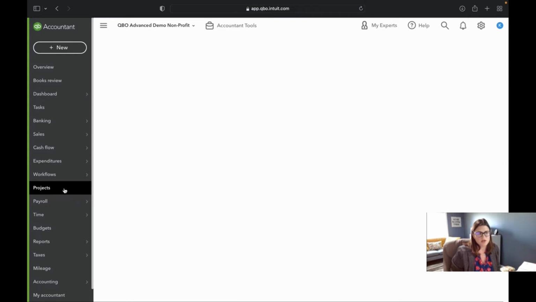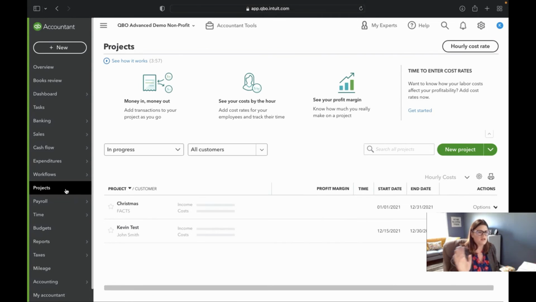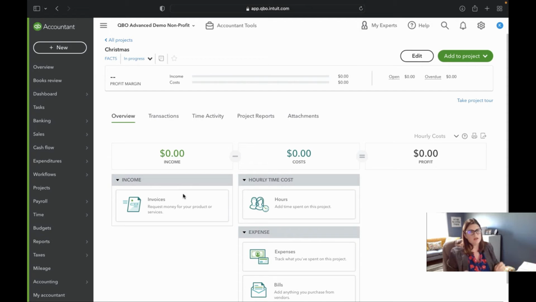Okay, projects, which we talked about, you can leave this off so it doesn't show up. You can also turn it on. Projects are really cool. One of the things to remember about projects, whether it's nonprofit or for-profit or whatever, is that in desktop, you use items to link things to your job costing reports. In QuickBooks Online, you use accounts. And we do sometimes have people that look at the project reporting and they go, that's not quite what I want. I really prefer the desktop look, and that's totally okay.